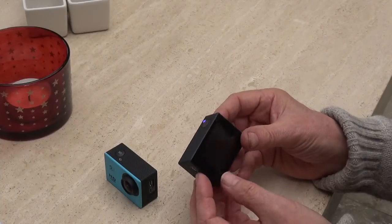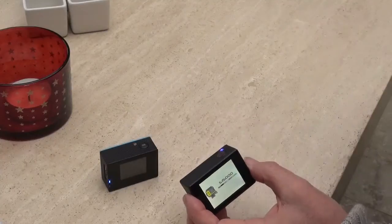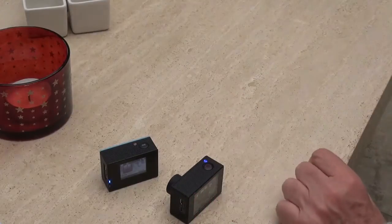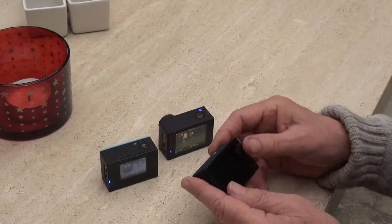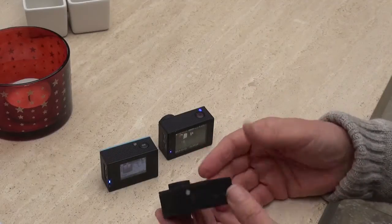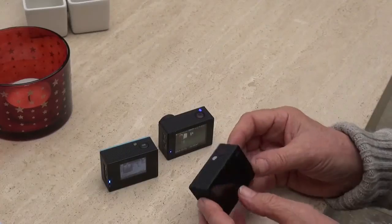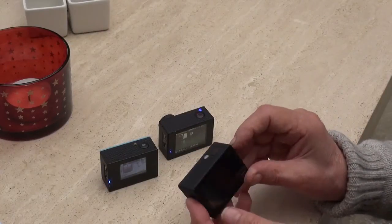You push the button, start it up. It's got a bigger screen at the back, which is useful, but not critical. Other than that, it's more or less the same. But I've got another one here, which I bought, which actually I think is made by somebody different, though it looks the same, and for all intents and purposes is the same. The software is slightly different. In fact, I prefer this software, and it's got some features which these two haven't got. But the same thing, you push the button and it starts up,